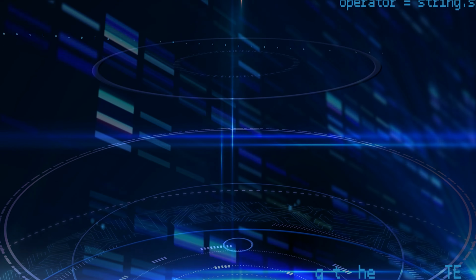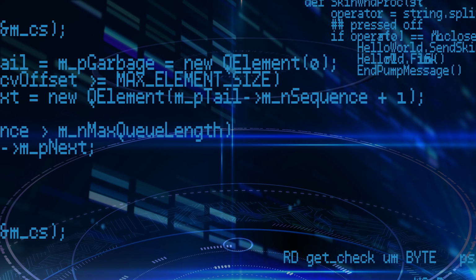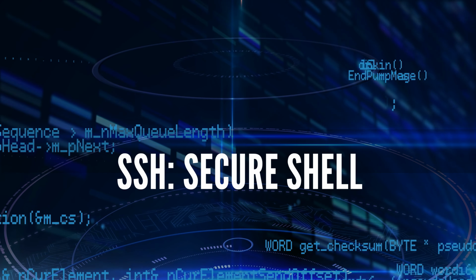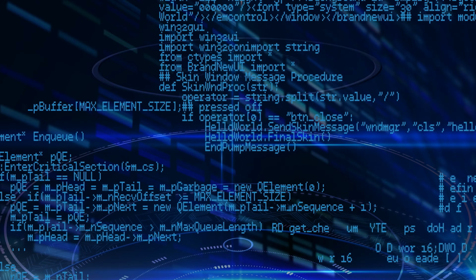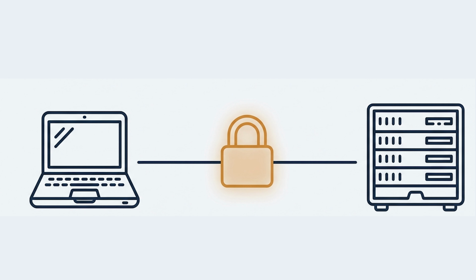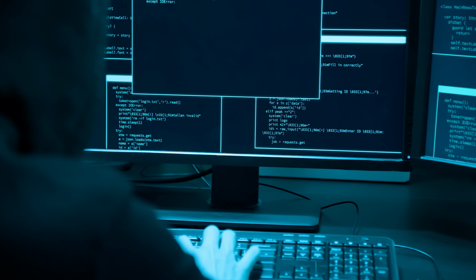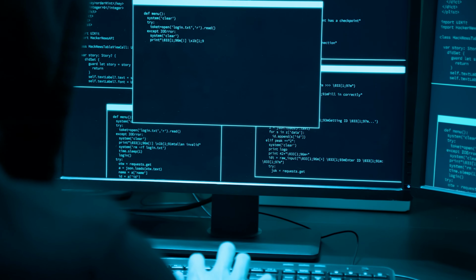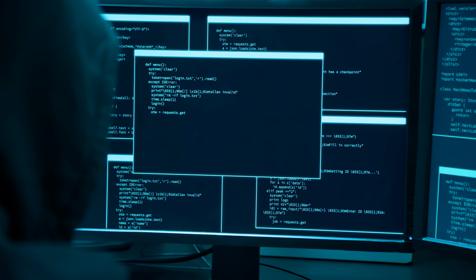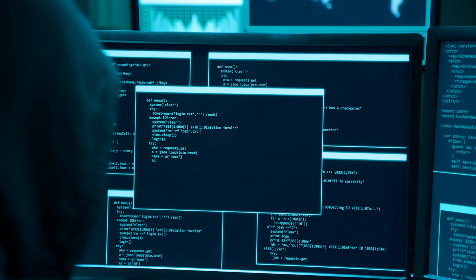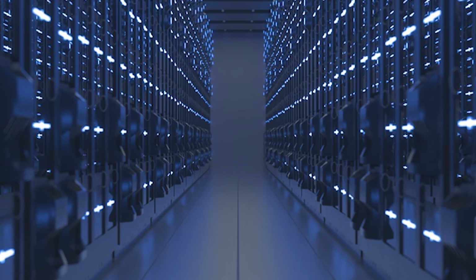Today, we're diving into one of the foundational tools of modern network management, Secure Shell or SSH. SSH is basically a safe, encrypted way to control another computer over the internet. At its core, SSH works like a simple text-based conversation with a remote machine. You type commands, it replies. And just like that, you're managing a system that could be sitting in a data center, across the country, or